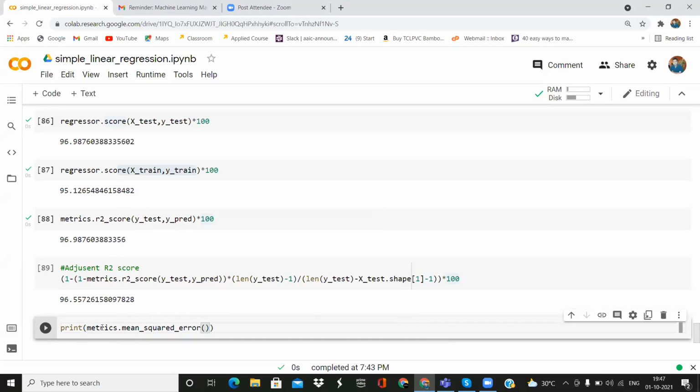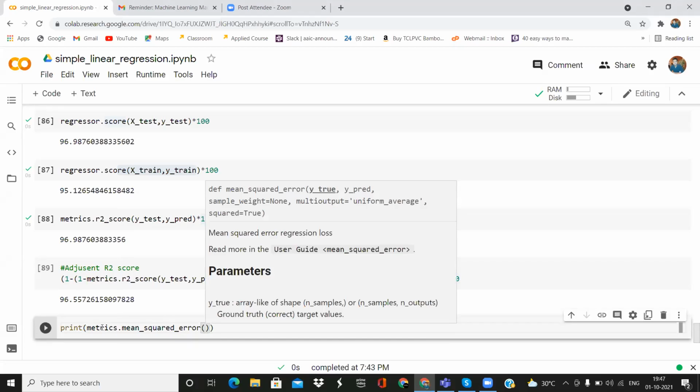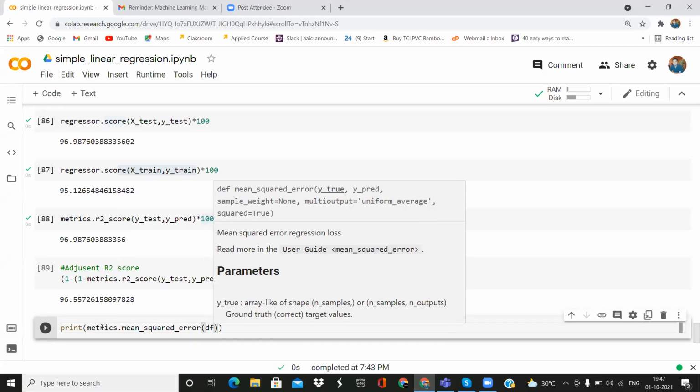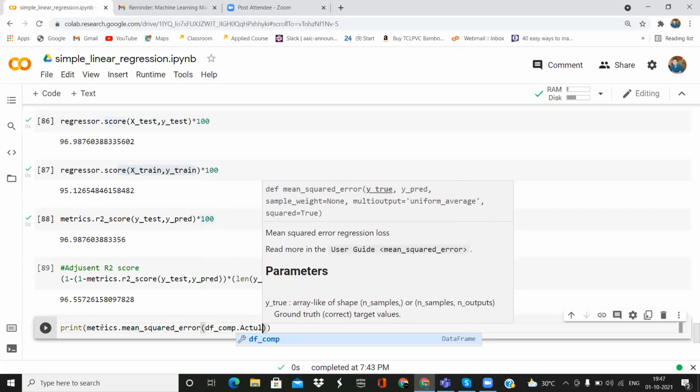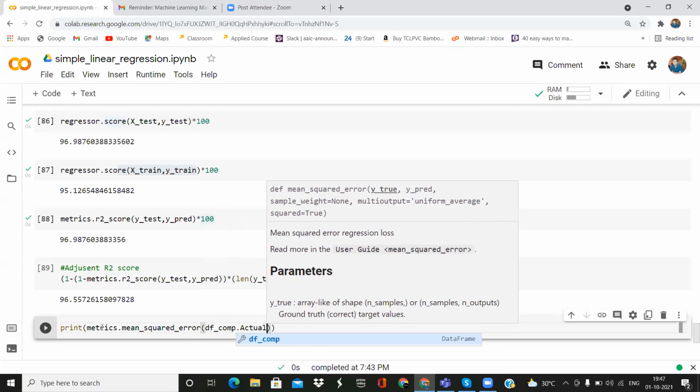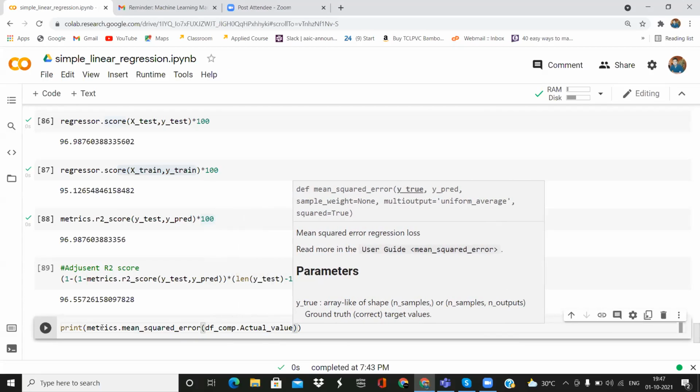So here is the actual value, the true value of y, which we have already converted, so we'll put it as the actual value.